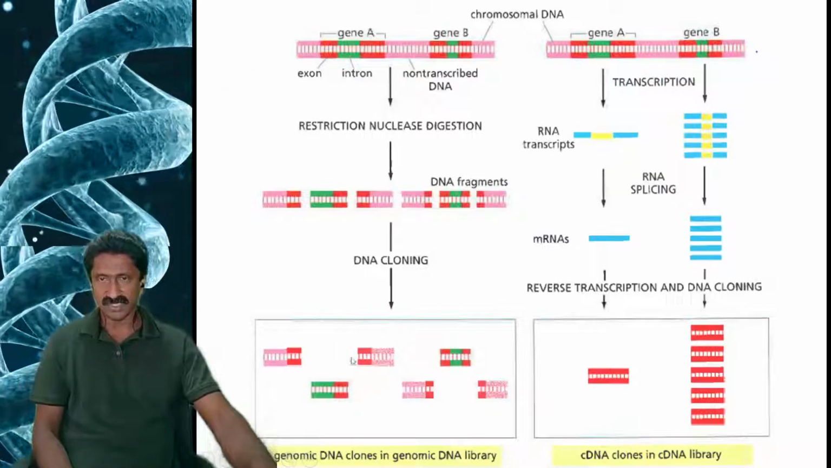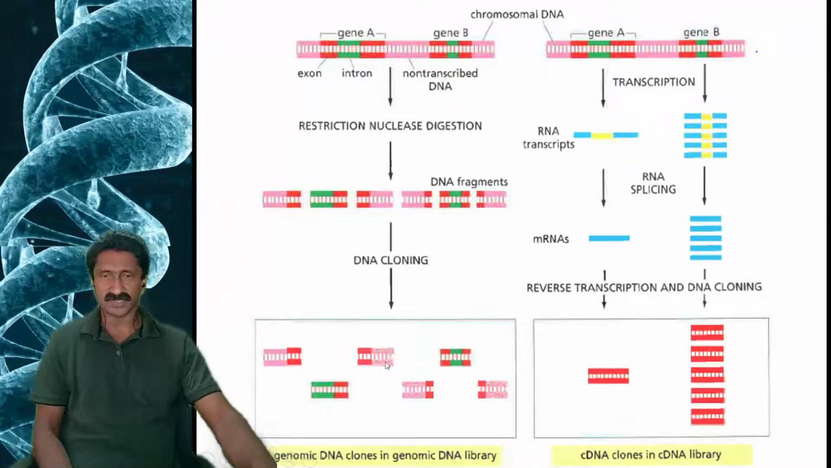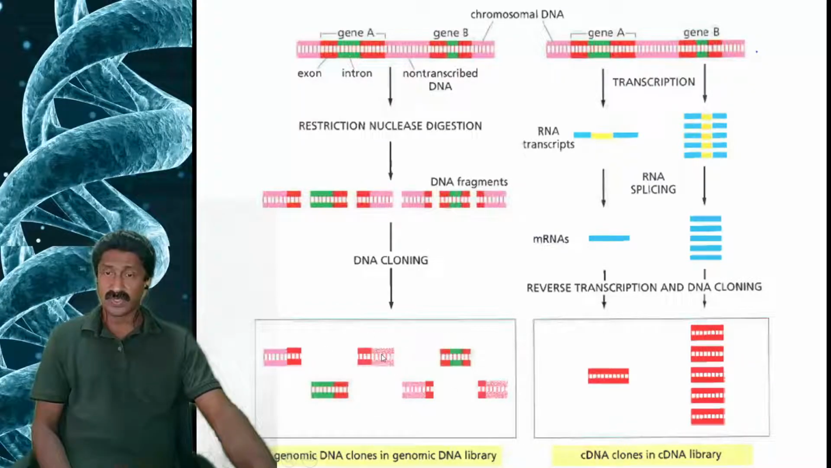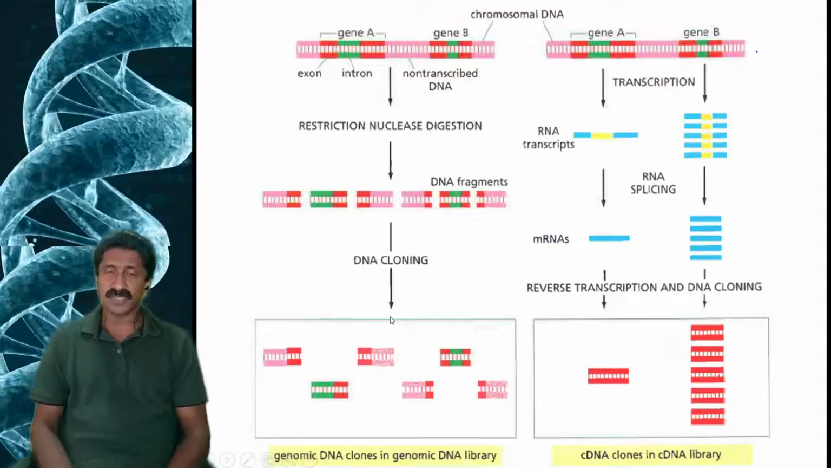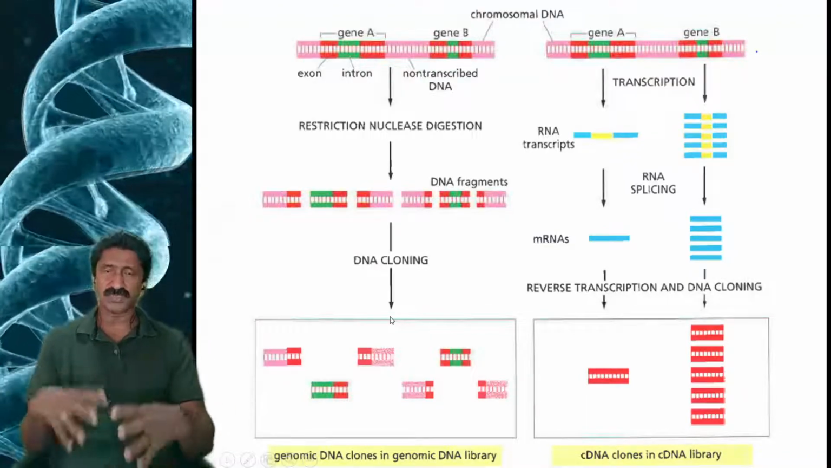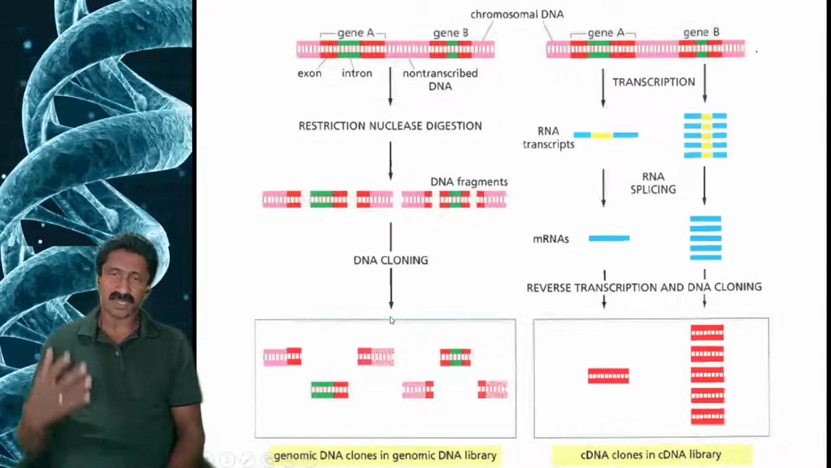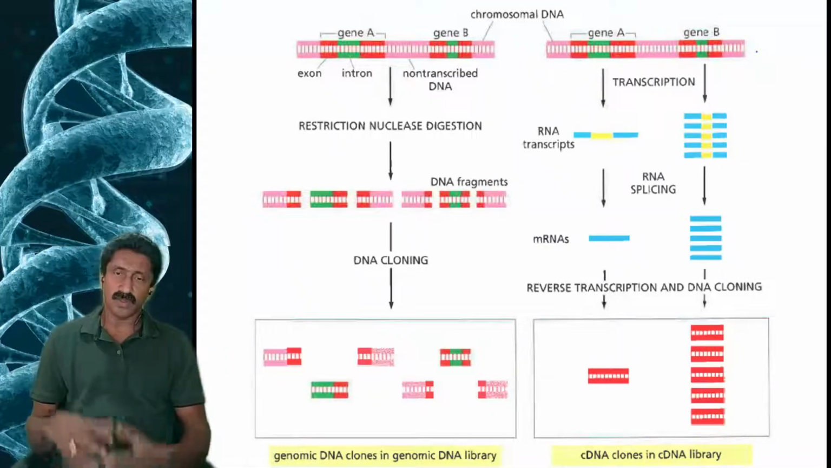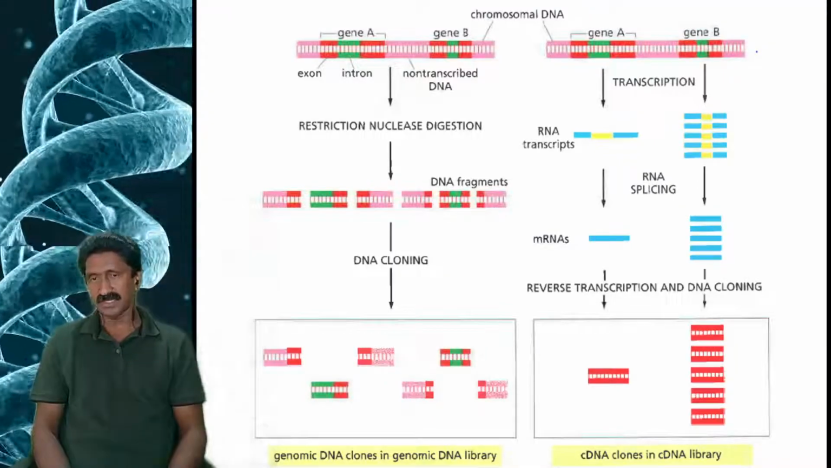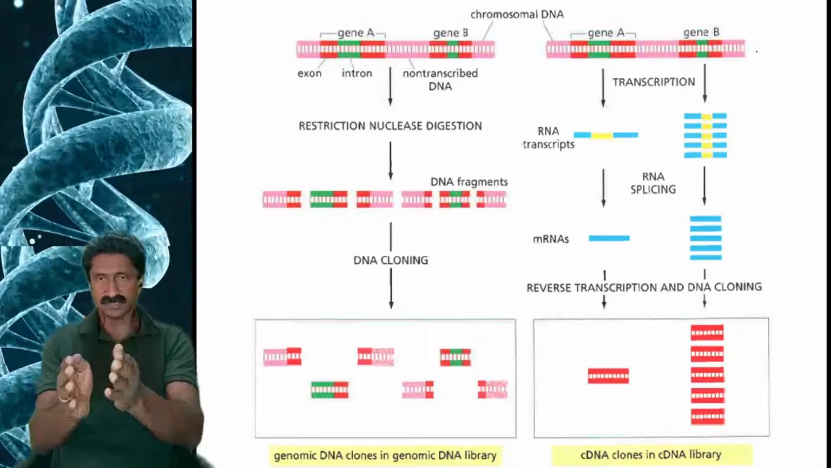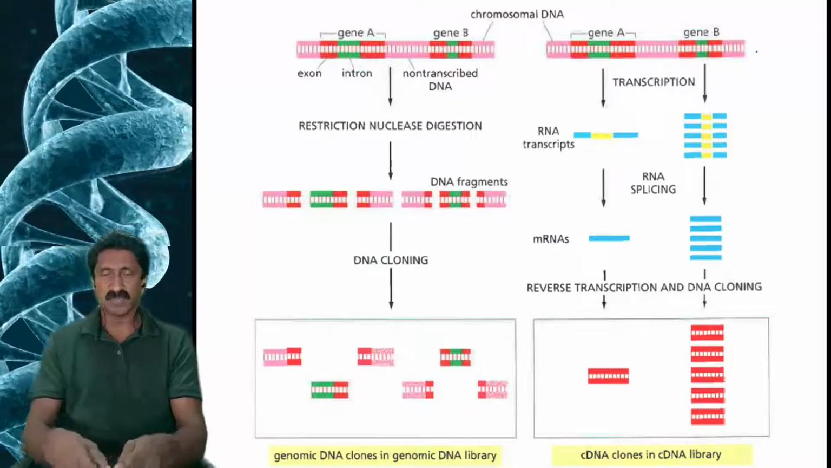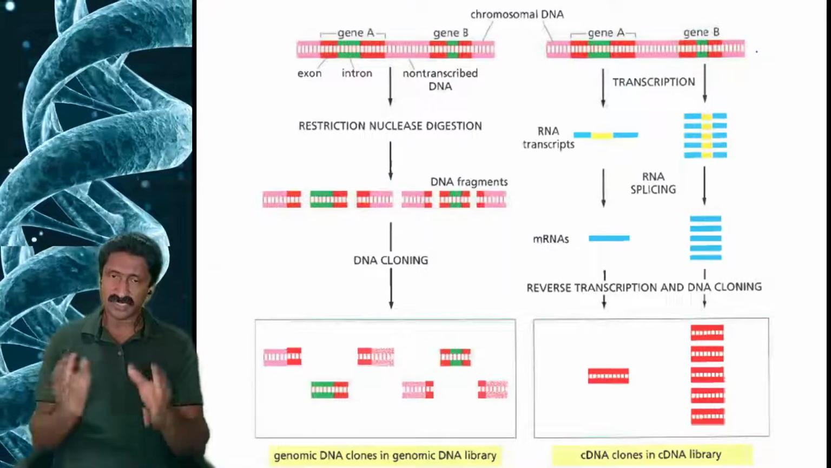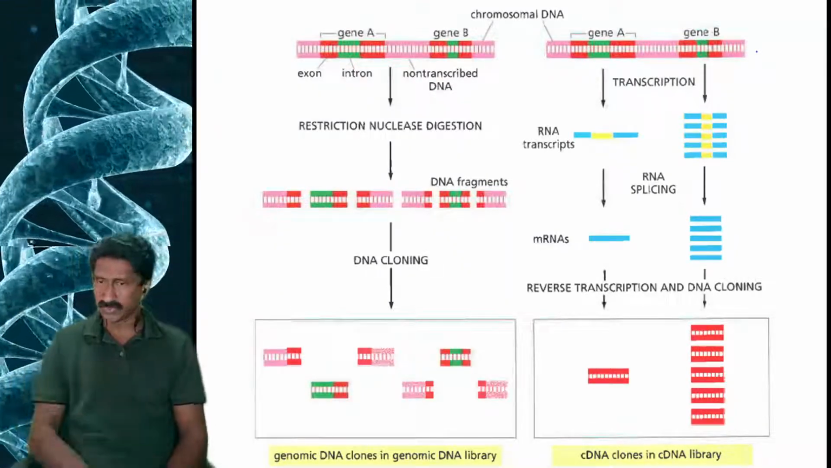For example, gene A is now fragmented into 3 parts, and gene B is now fragmented into different parts. So the entire chromosomal DNA can be broken into multiple, or maybe thousands of fragments, and each fragment can be cloned into a separate vector. The E. coli genome, for example, may be broken into 1,000 fragments or 10,000 fragments, and all the 10,000 fragments were individually cloned into